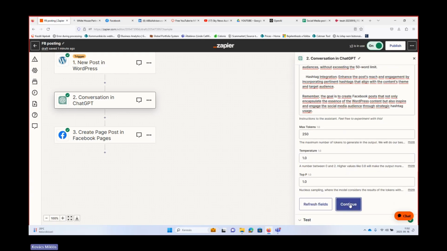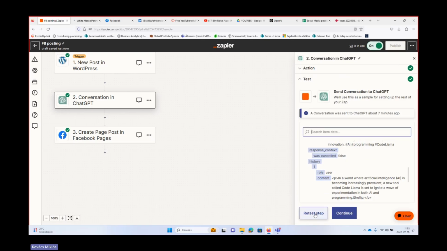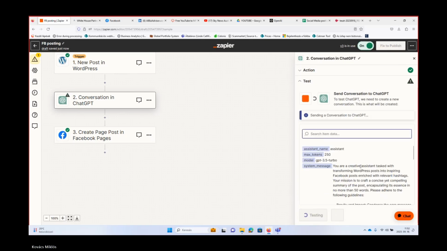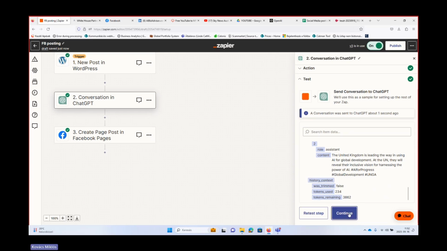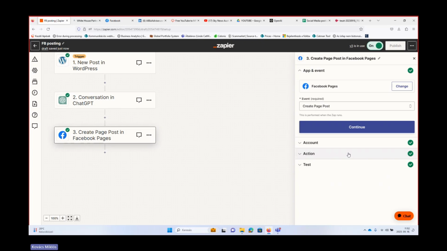And if all is fine, then we will test it. Okay, let's see. Content: The United Kingdom is leading the way in using AI for global development. There are some hashtags. Okay, cool.